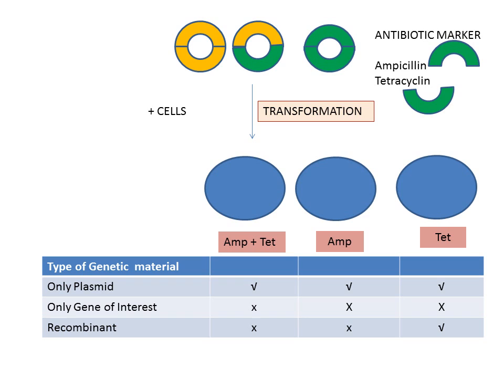Now, suppose the upper half of the green is for ampicillin and the lower half has a site for tetracycline. If the upper half is intact, then it will have resistance against ampicillin, and if the lower half of the plasmid is intact, then it will have resistance against tetracycline. So these two are the antibiotic markers which we suppose to be present in this type of plasmid.